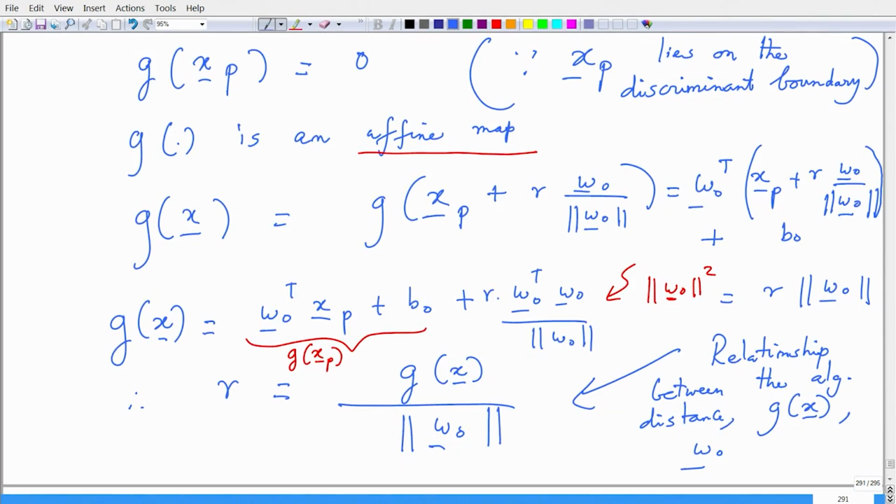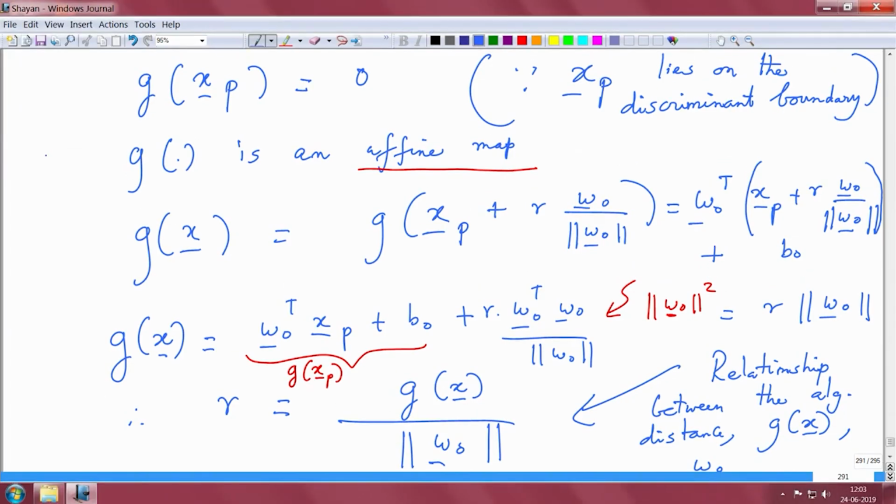The discriminant function, when it is evaluated on the xp component which is in the direction of the hyperplane, is equal to 0 because xp lies on the discriminant boundary, right. This is very important. So, xp lies on the discriminant boundary. So, therefore, g evaluated on xp is 0,